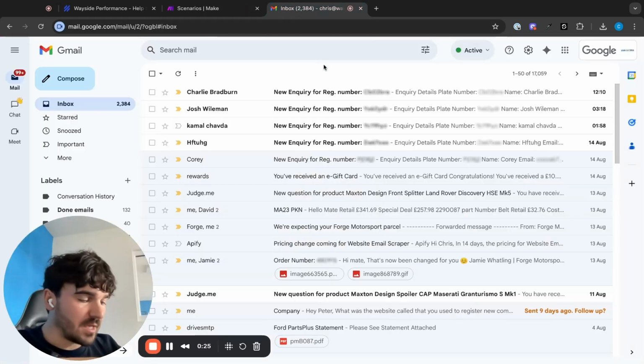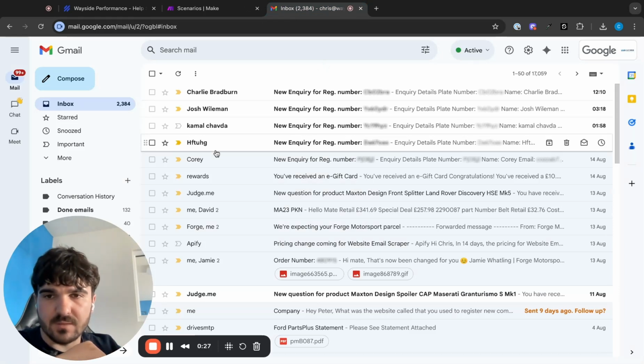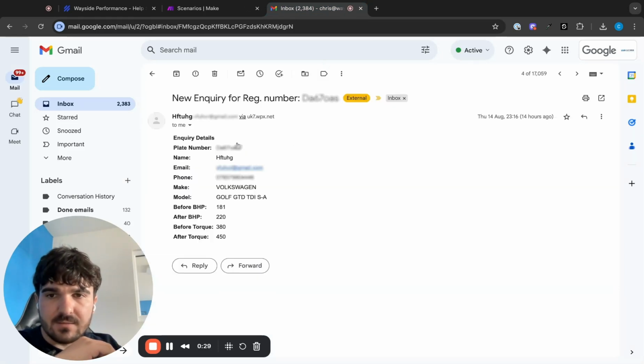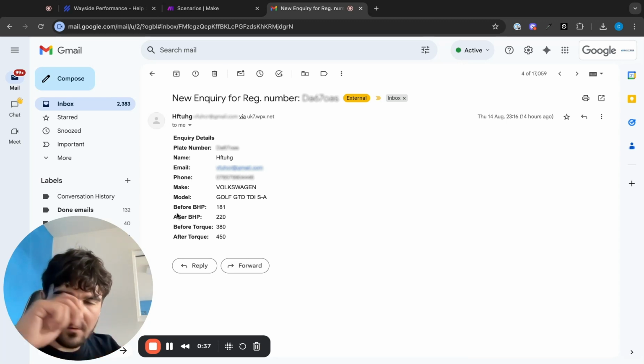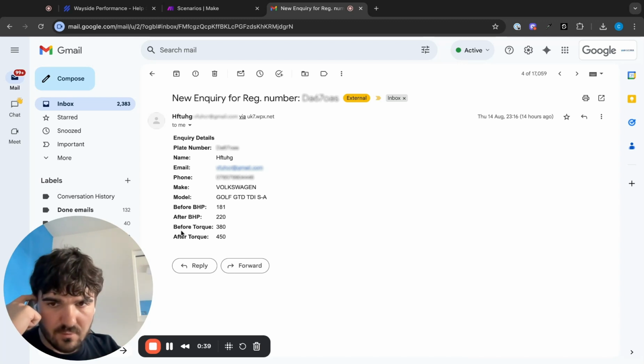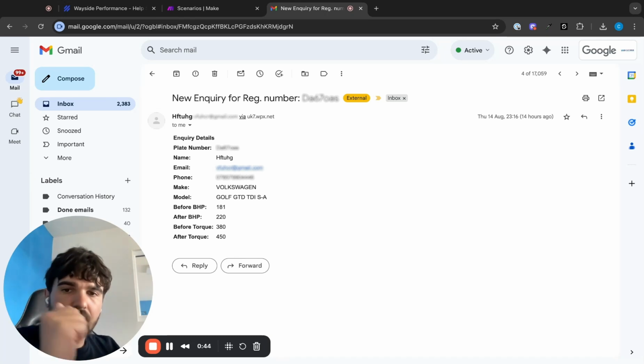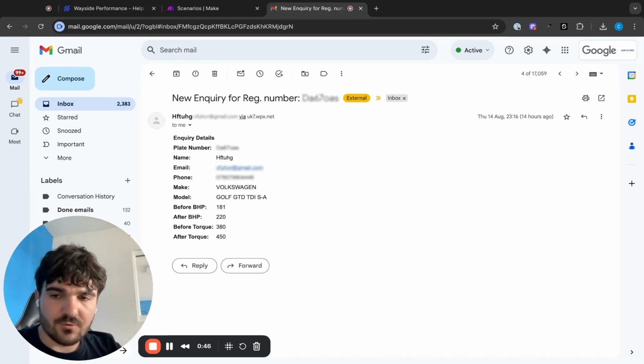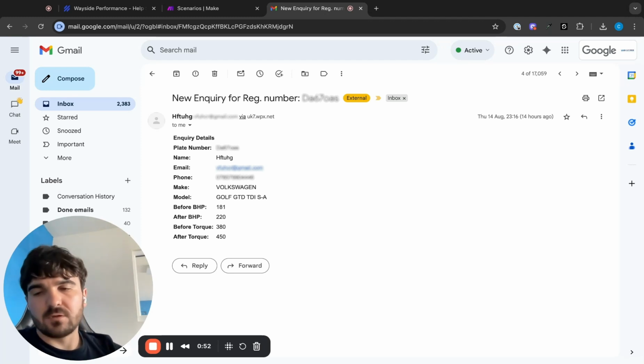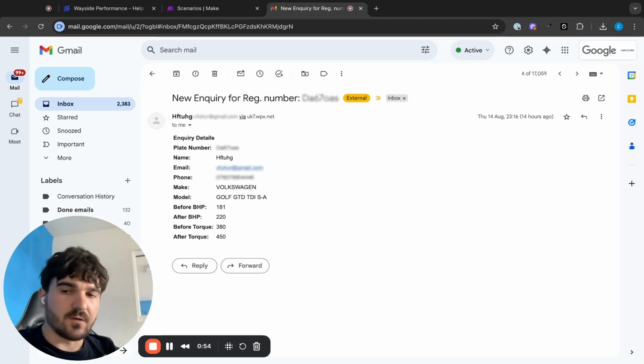We run a car tuning and remapping business, and our leads come in like this. They come in as vehicle details. We've got customer name, email, phone number, make, model, before horsepower, after horsepower, before torque, after torque. Now, we need to extract that information from how the lead comes in and then send a follow-up sequence, just giving the customer a price, availability, and then following up if we don't hear